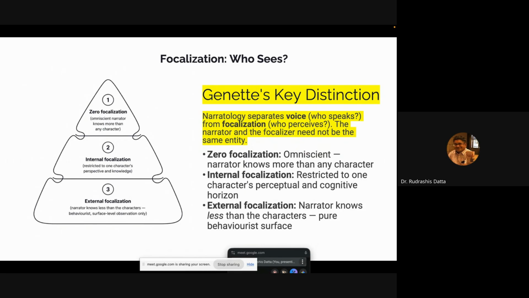Right? So the historian who is narrating it, for example, if he is an Indian historian, he will narrate it with zero focalization, because he is here the omniscient narrator who knows both sides, the English king's side as well as the invading king's side,